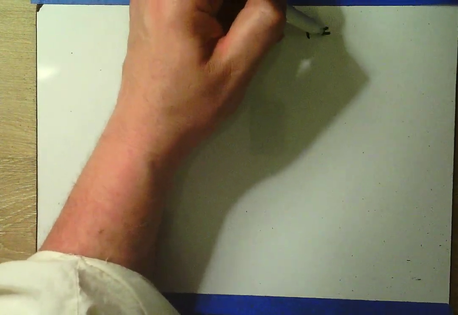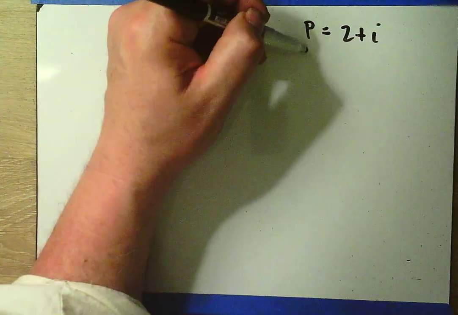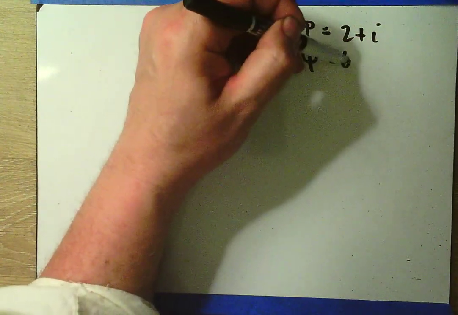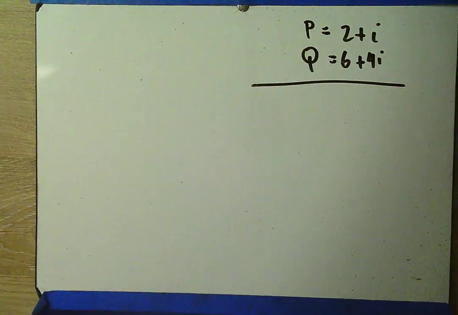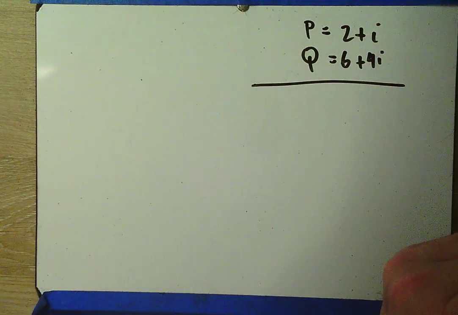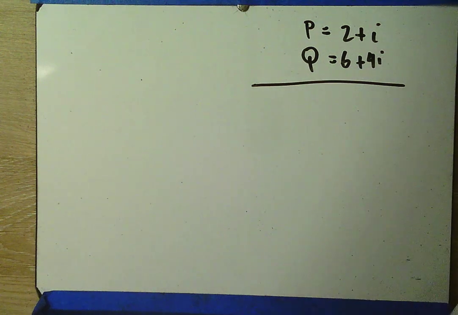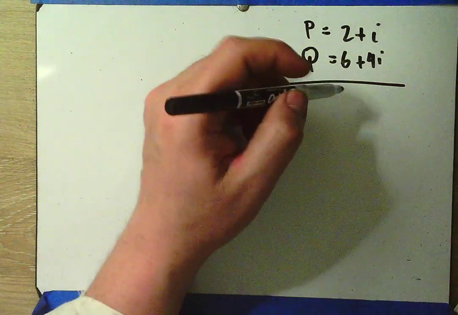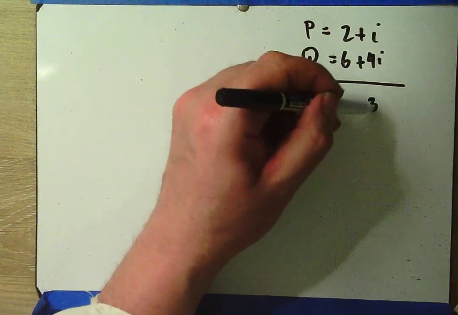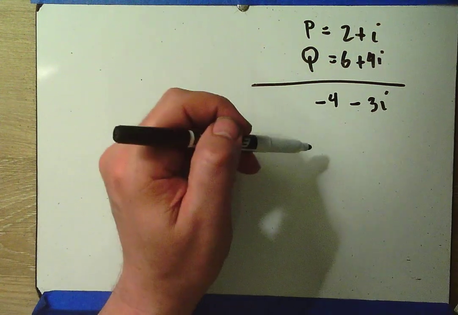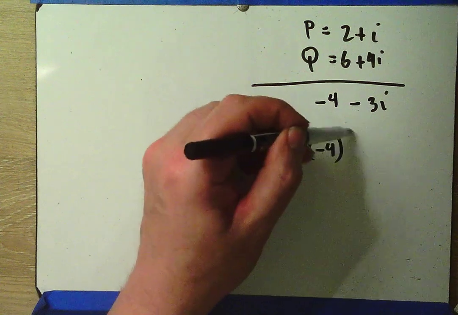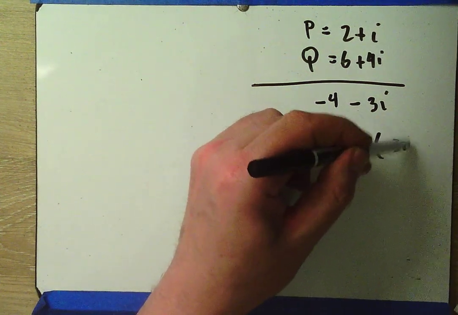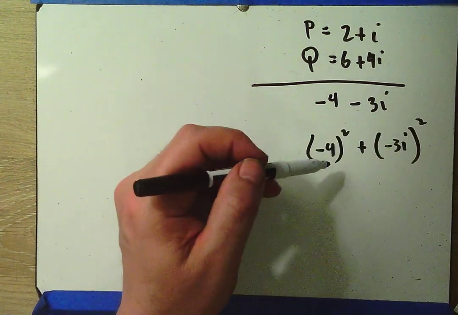We know that P is 2 plus i, and we know that Q is 6 plus 4i. And if I add these together, that's what I'm doing, or am I subtracting them? Oh, goodness. 42. I'm subtracting them. I get negative 4 minus 3i. This is what I use in the Pythagorean theorem. So negative 4 squared plus negative 3i squared gives me